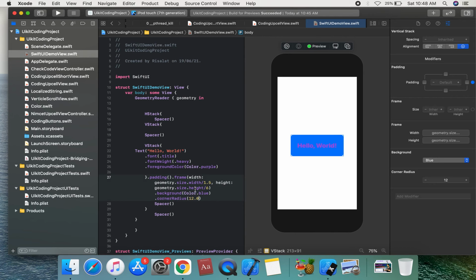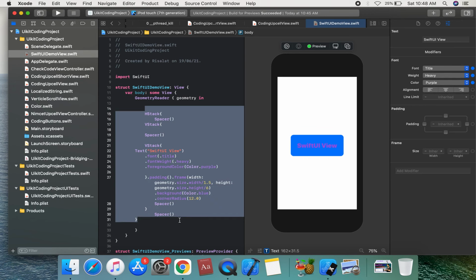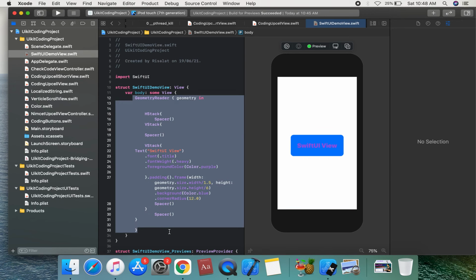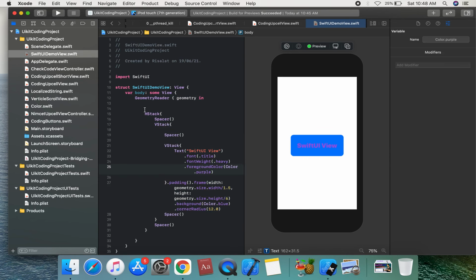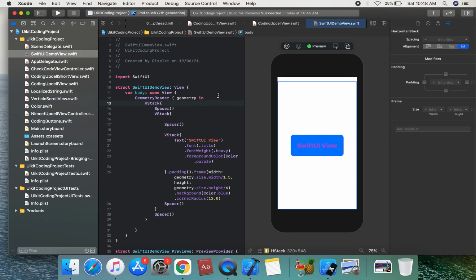We set that to 12.0, so we can complete this. Then change the text in this SwiftUI view. This is a SwiftUI view. We can complete it by selecting the code and pressing Command-Control-I to indent it. So we can complete this SwiftUI view.